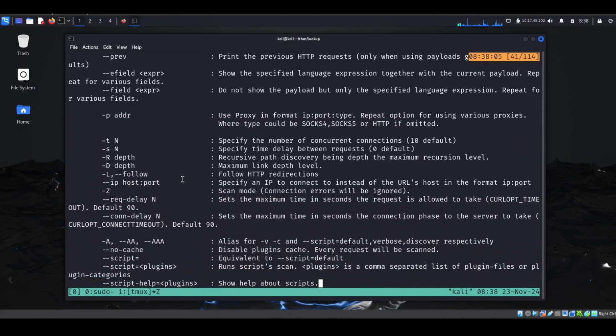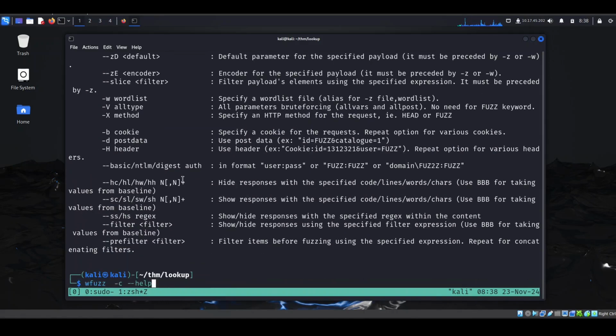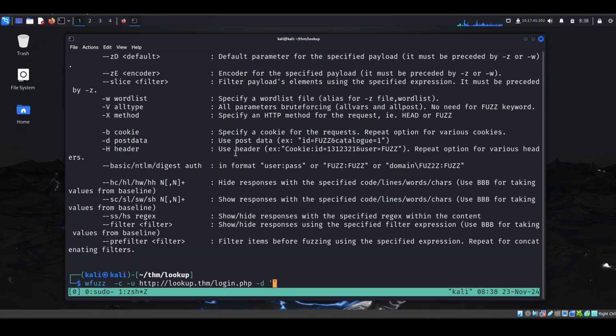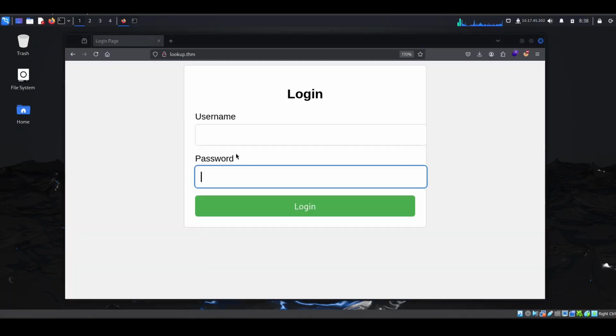I guess it is -u. Yes, it is -u. So -u, and then the URL goes here. So login.php, because this is where our post data goes. Then if we have to specify the post data, we have to use the -d option. And inside that, you can specify